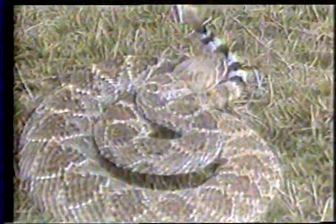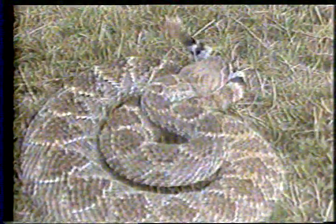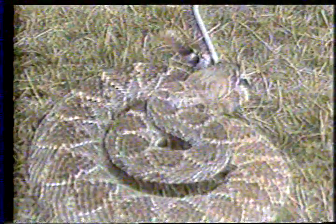How old is that snake? It's really hard to determine their age. Do they have a rattle a year? Well, they usually get about 3 of them a year. His rattles have been broken off probably many times. Oh, okay. He is probably 12 to 15 years old. And how long do they live? What's an ordinary lifespan? Oh, seldom past 20. He's considered an old one. So he's an old one. Okay. Well, I wish I could get closer and talk more, but I...